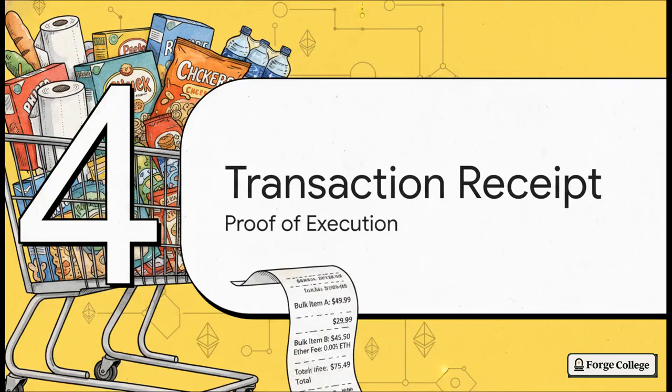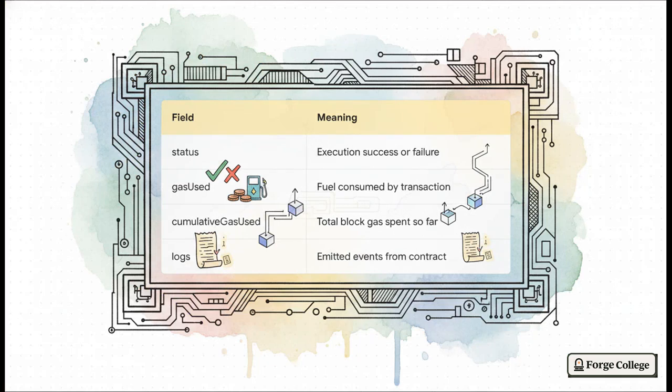Which brings us to Section 4, reading the transaction receipt. Just like walking out of Costco with a massive cart full of bulk items, you are handed a literal receipt to prove exactly what happened during your transaction's execution. Drawn out here like a technical ledger entry, these 4 fields are the machine-verifiable proof of your execution result. We have the status, unequivocally telling us if it worked or failed, the gas used, showing your specific fuel bill,